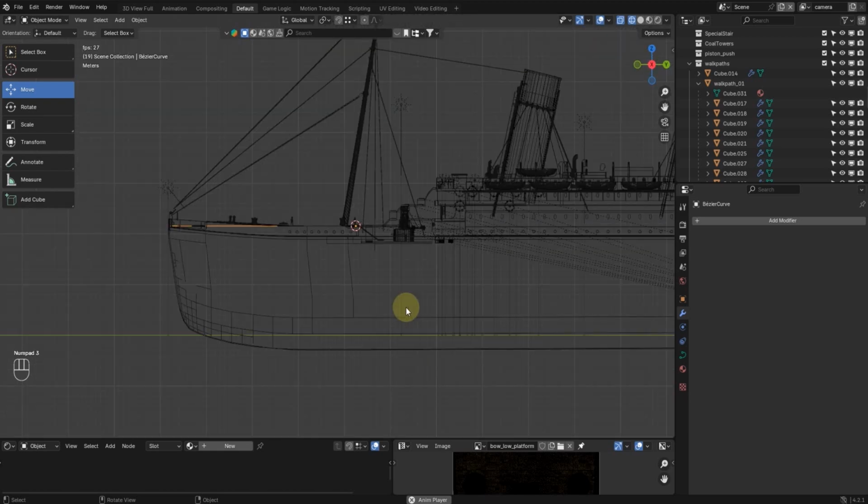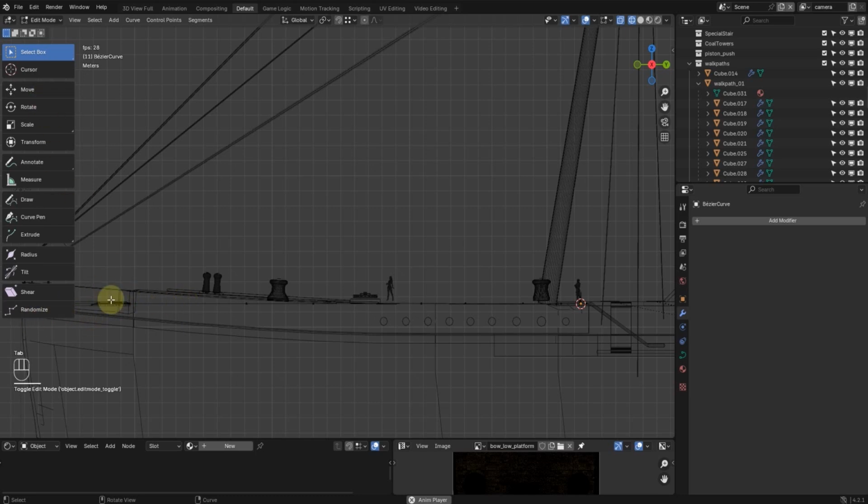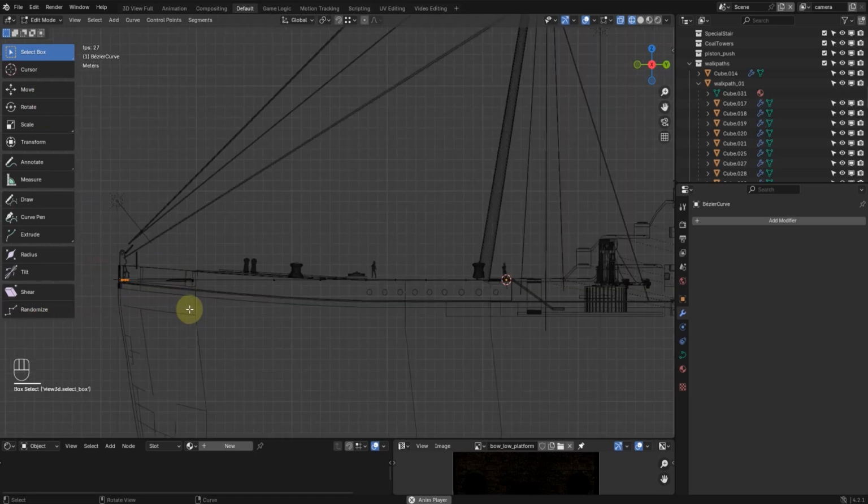But when we press the 3, we see it's going on a horizontal plane, so we need to move it up to flow with the curvature of the bow. See from there that the curve is actually on the horizontal plane, a straight line, but we can't do that. We'll need to tap into edit mode. I'll just select it and tap into edit mode, and we'll select this